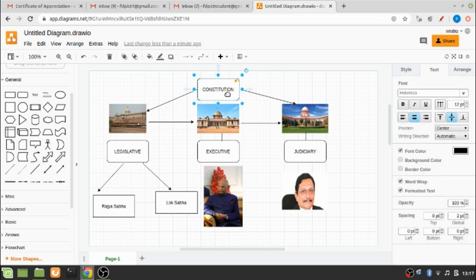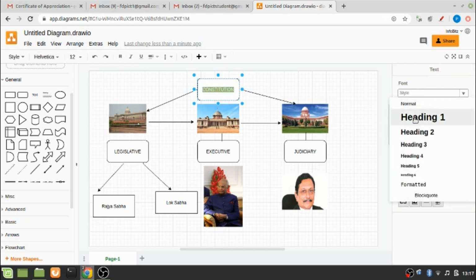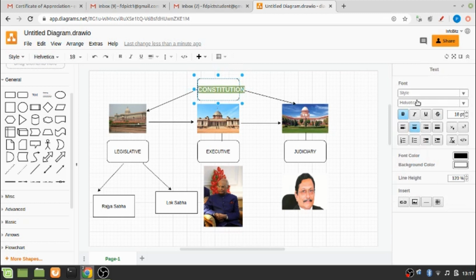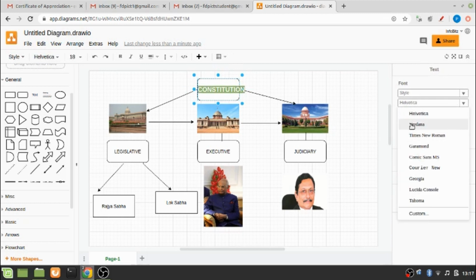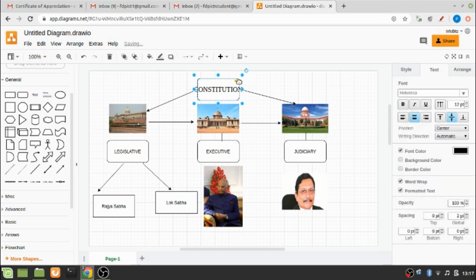So what I can do, I can change the text over here. I can change the style of the text. I can make it bold. Then the size again I can increase, and if I increase the size, you also have to increase the size of the text box as well, like this.